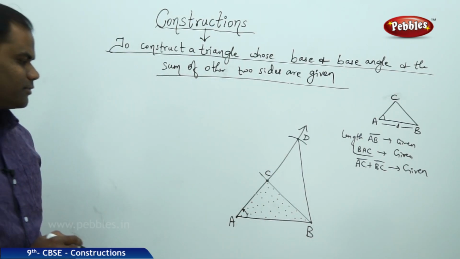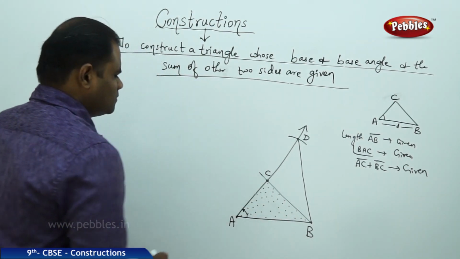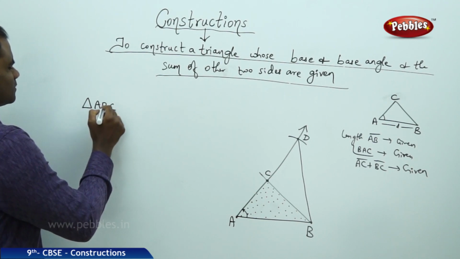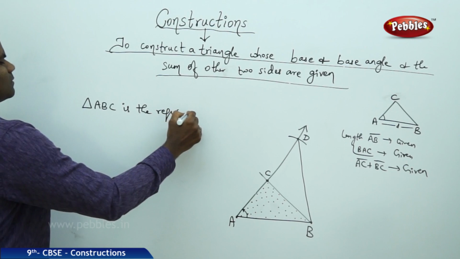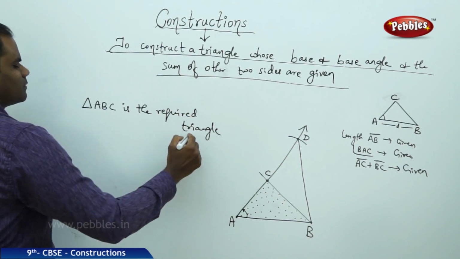So this is the triangle. Triangle ABC is the required triangle,